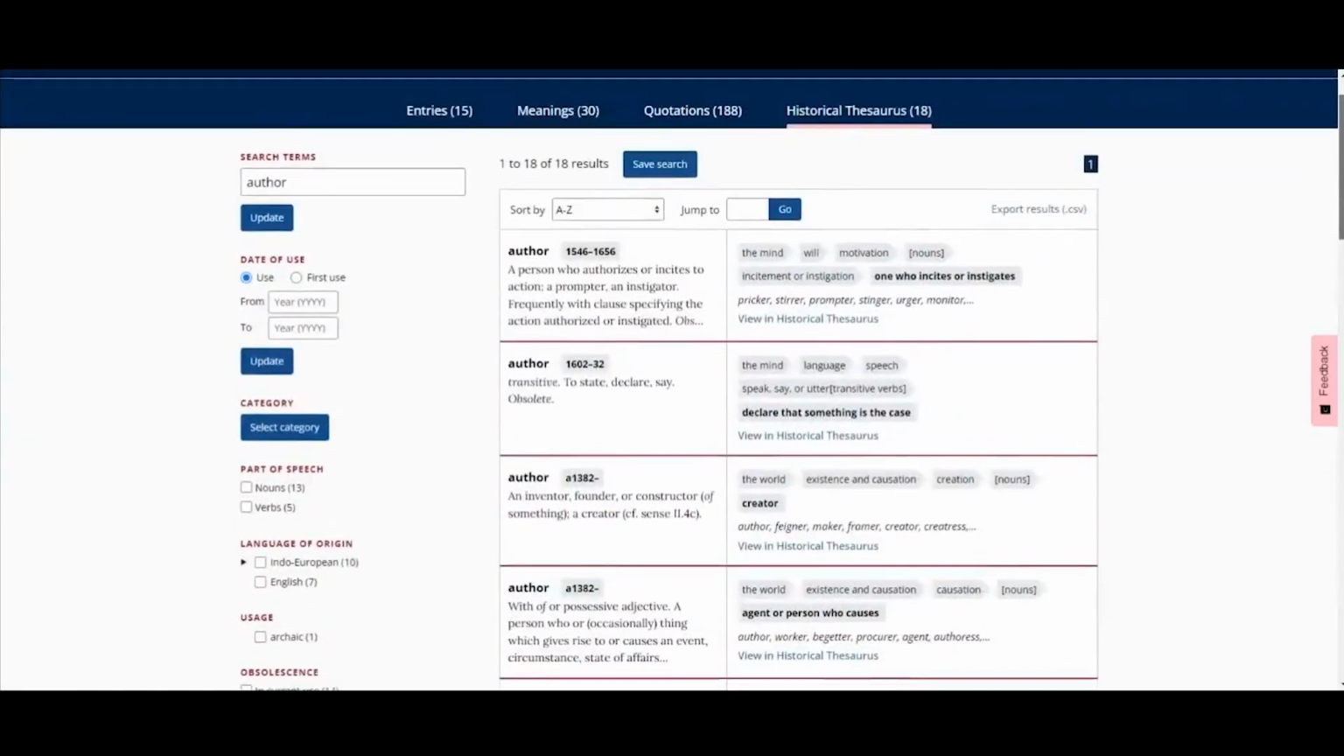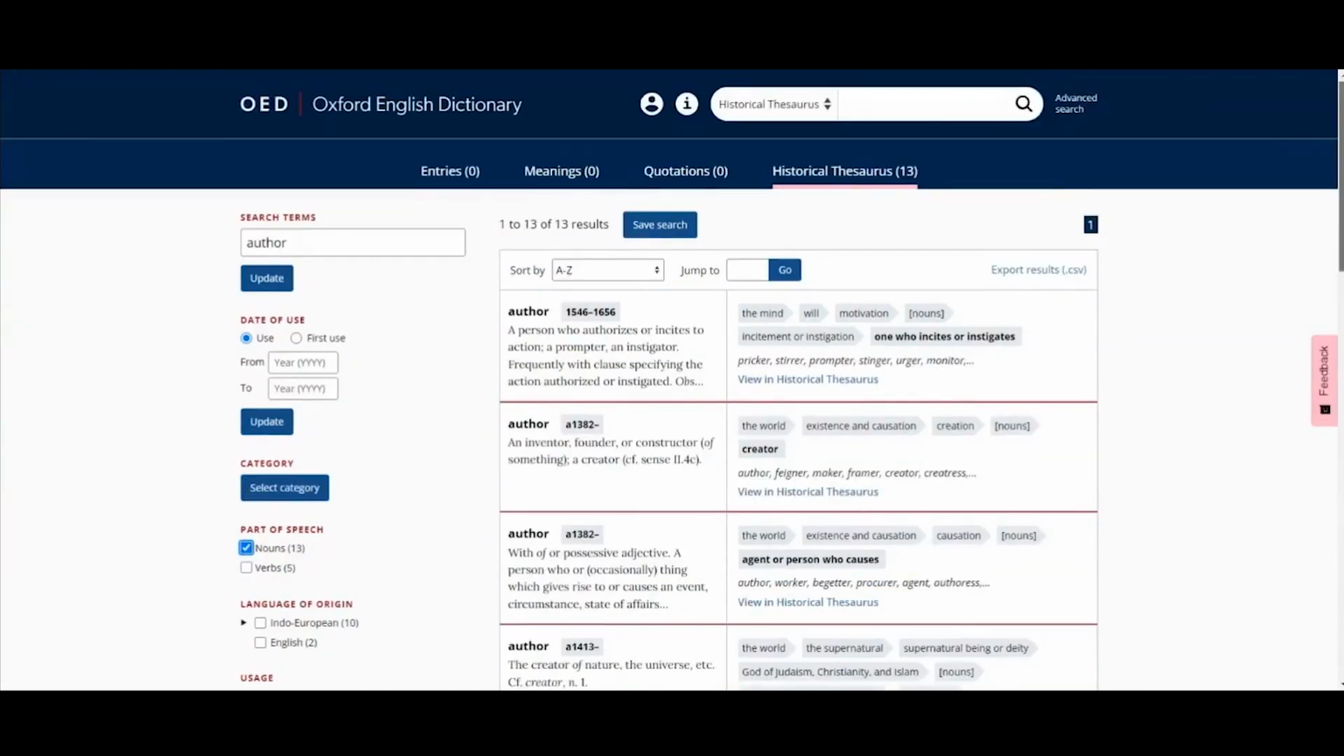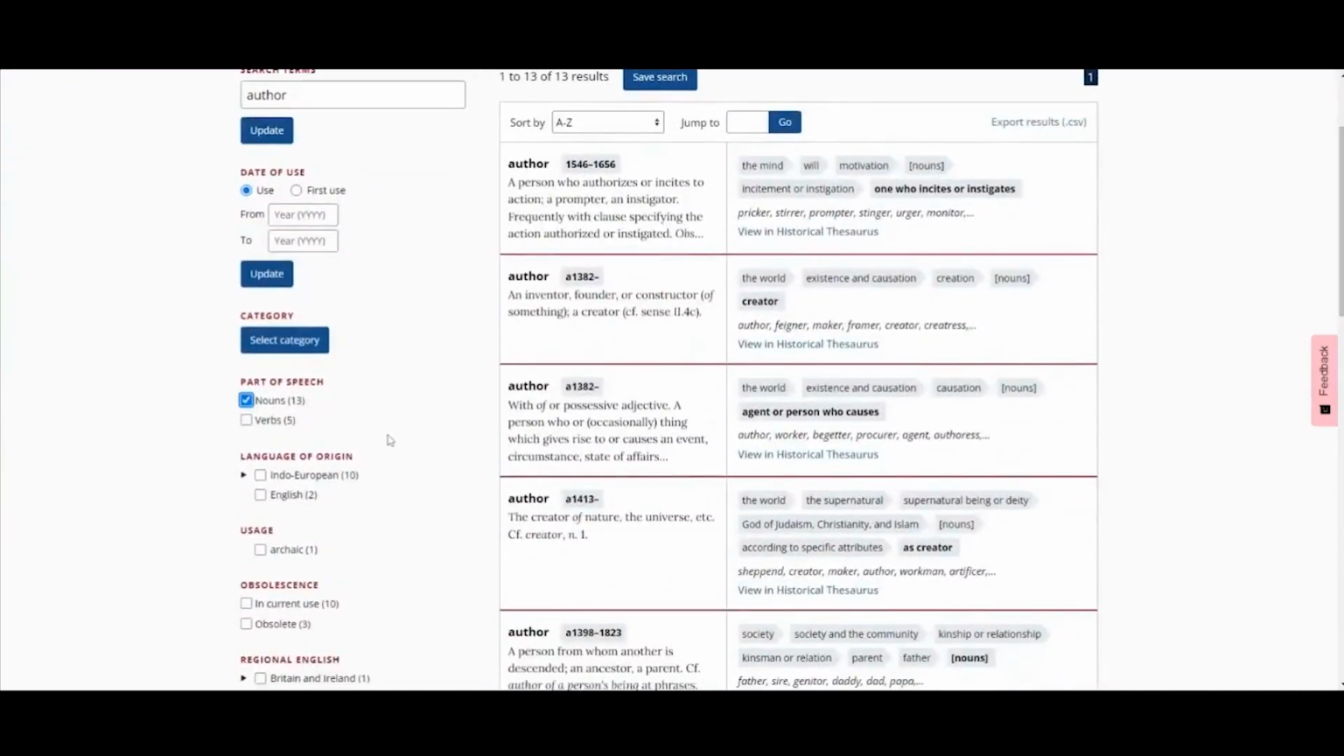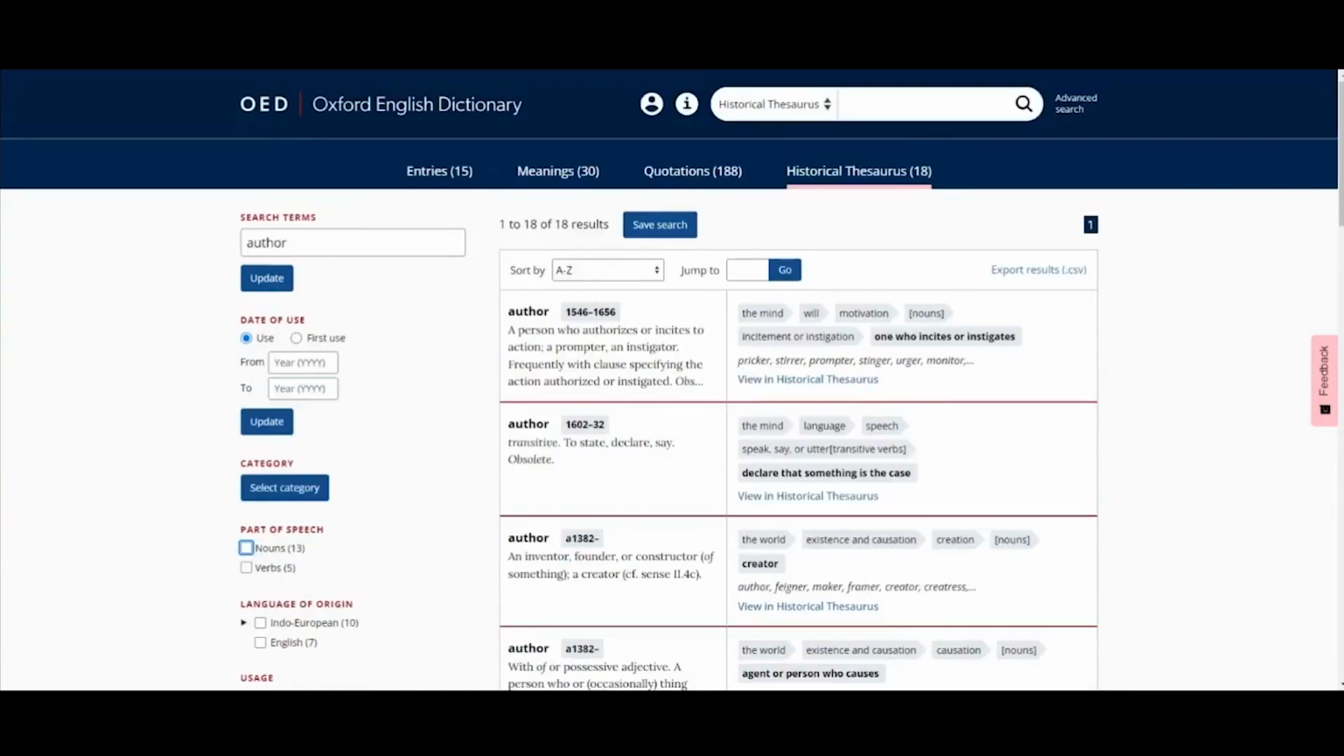And one thing you can do with these search results is filter them using the filters on the left-hand side. So say, for example, I'm only interested in senses of the noun author. I'm not interested in verbs. I can just filter using the nouns filter here. And now I'm just looking at noun results. Or I could use any of the other filters for language of origin or regional English and so on. Filters are especially useful when searching categories rather than words. And you can do this by